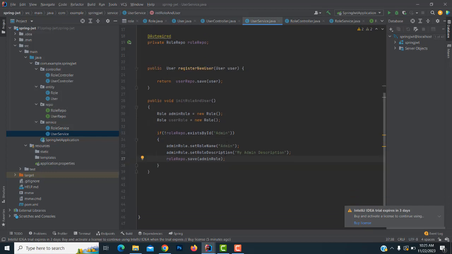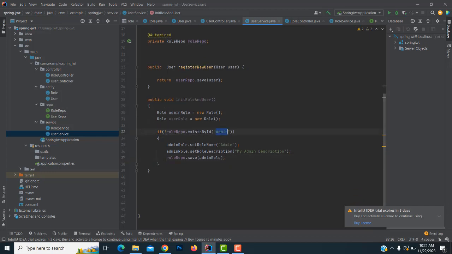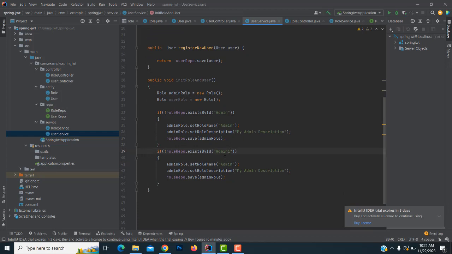That's it. We have to create it if the role is not admin. Okay, if it does not exist, you have to create the role as admin. But you have to create another role, the user role. You have to write create again. So the if condition, if the role is not the other one, we have to create it here. We have to create the user,